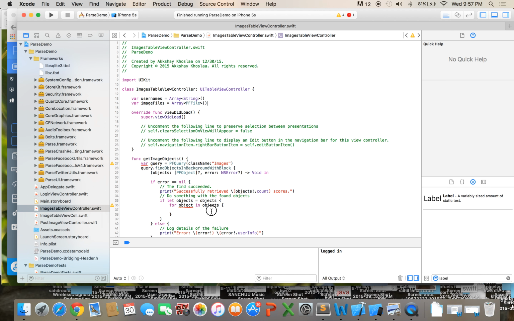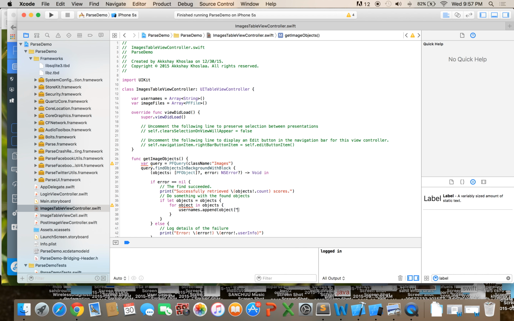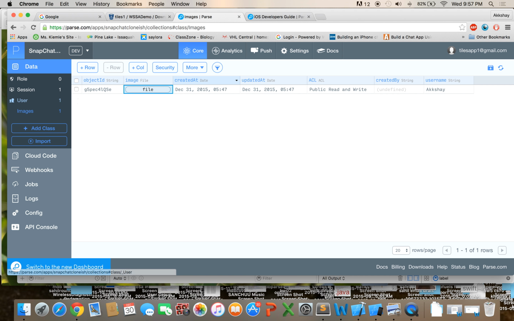Awesome. So all we need to do now in here is we need to add for each object that we get. These objects that we get are all the rows in the images data table. So one object is one row in that data table. So for each row, for each object in those objects, we want to add the username to this usernames array, and we want to add the image to this image files array. So here's how we do that. We say usernames.append, and we'll append object of createdBy, because we'll notice that in our backend right here, the field that we had was createdBy,